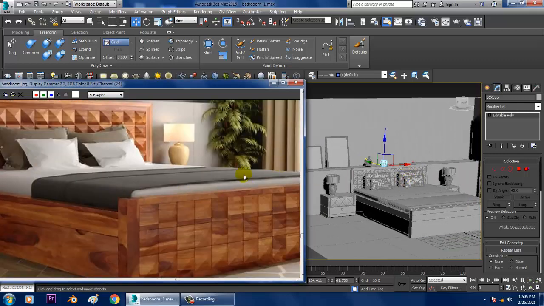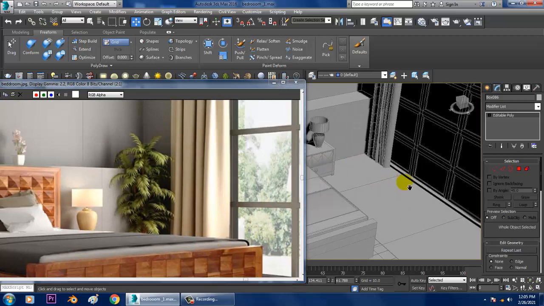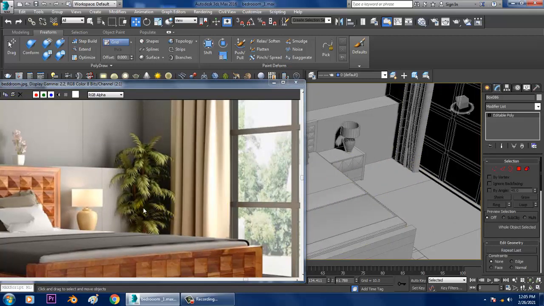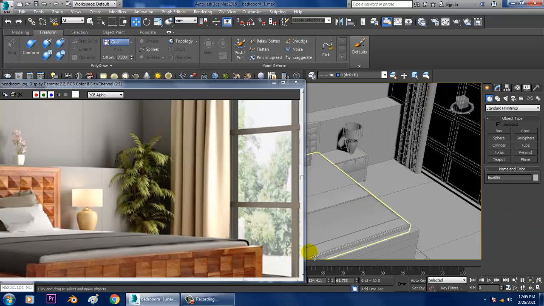After that, on the other side, we have over here a plant. So definitely you can use alpha maps also for this, or we can create it of our own.